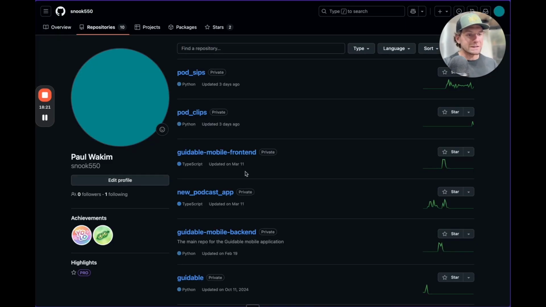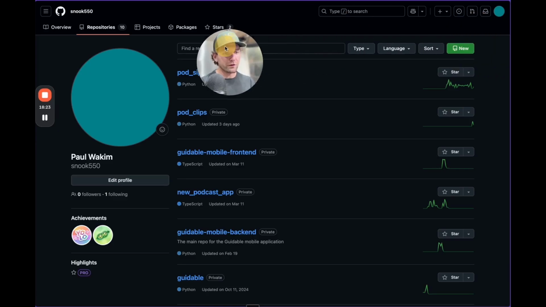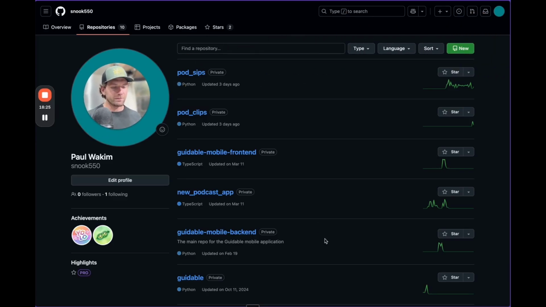So here we are inside of my GitHub. You can think of repositories like the projects that I've worked on saved out inside of GitHub. So just like you can save files to a flash drive and then take that wherever you want, you can save files to Google Drive and access those wherever you want. GitHub is just like that. Don't overcomplicate it. We're just going to create a place inside of GitHub as this external service to save our